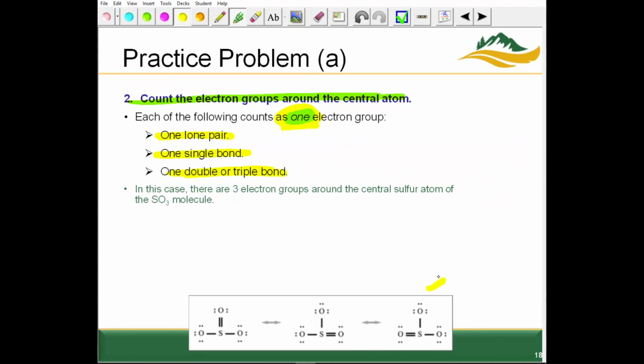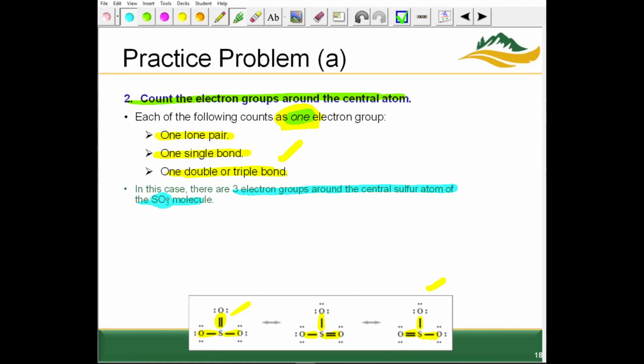Looking at any of these 3 structures, we can see 1 group, 2 groups, 3 groups. A double bond counts as also just 1 group. 1 group, 2 groups, 3, 1, 2, 3. We can see now from step 2, there are 3 electron groups around the central atom of sulfur in SO3,